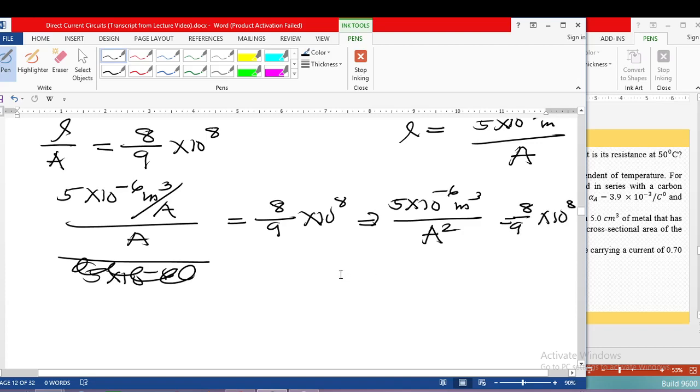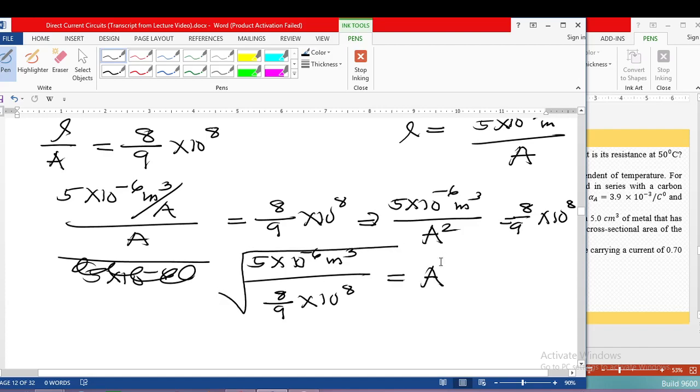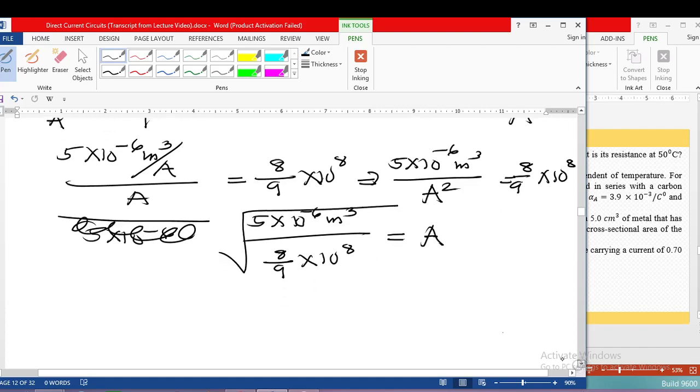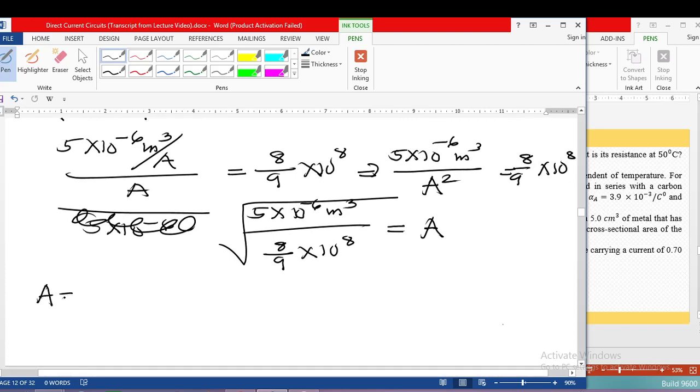Okay? So then, using your algebra, we have here 8 over 9 times 10 raised to 8. Then we have A, then taking the square root, the cross-sectional area of the wire is said to be equal to,